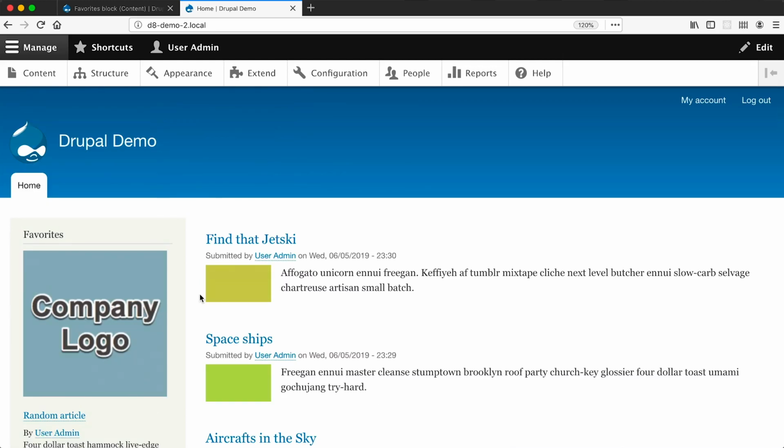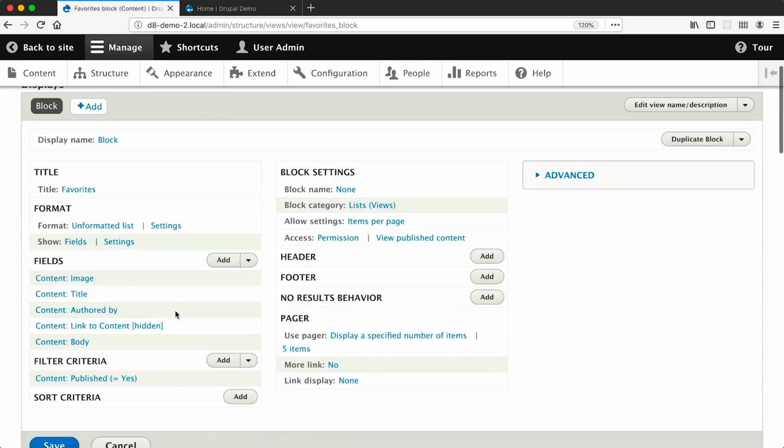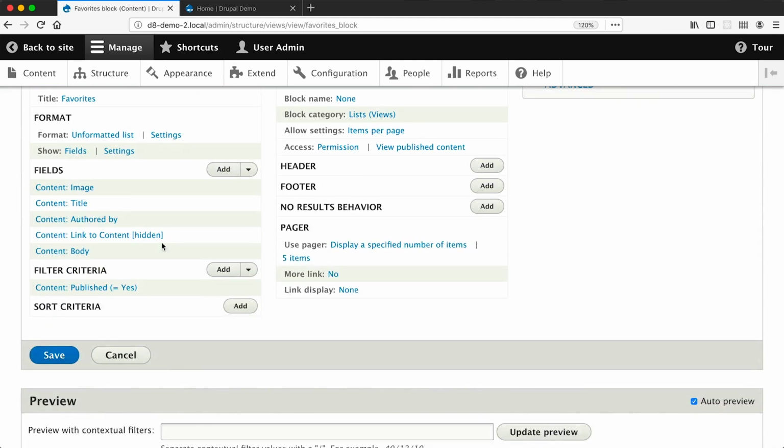Okay, so now that we have the fields sorted out, let's sort out the filters. From this filter criteria section, you can filter your list. And so right now we are displaying content which is just published. But let's tweak this filter so that it only shows articles, and it only shows articles which has the favorite